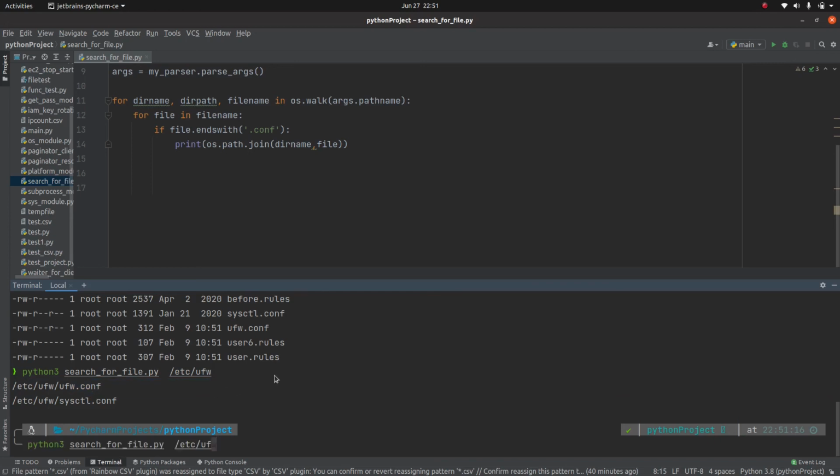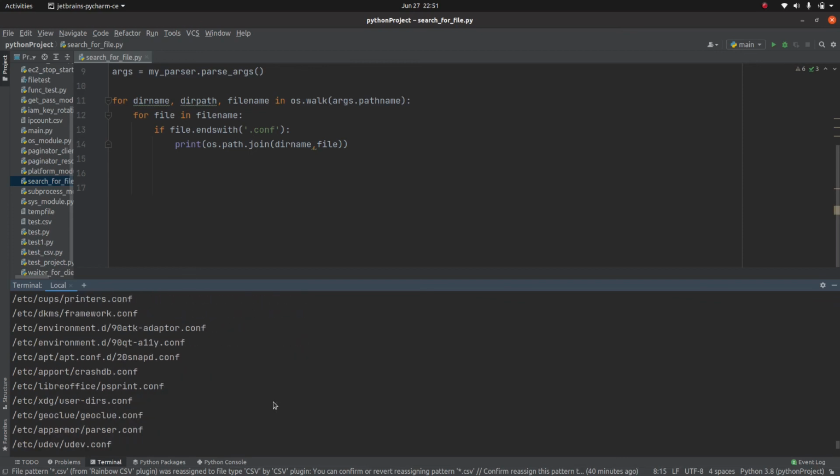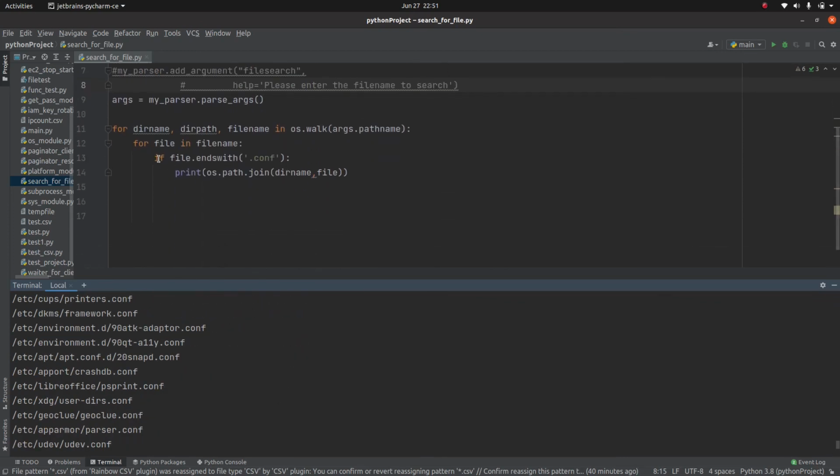If I make it just at the etc level, we see there are a bunch of files which end with .conf. So basically with small changes, we are using this file that ends with the .conf extension, and then we are printing all the file names joined with the directory name. Okay.